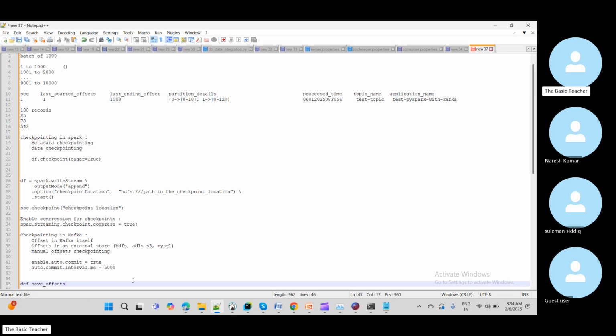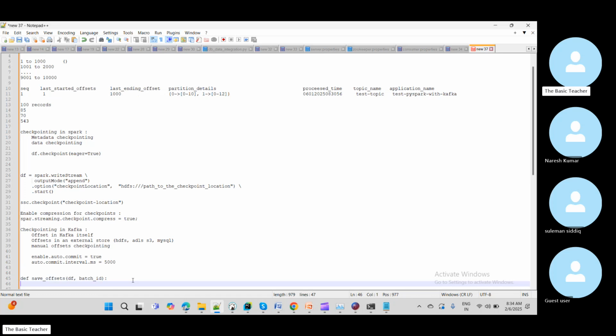Save offsets. And then what can be my offset input parameter? First thing is data. Data means my data will be inside the df, then batch id, because I am going to process the data in the batch. Let's take first batch only. Okay, then that can be microbatch also with the streaming one. And here I'm saying offset equal to